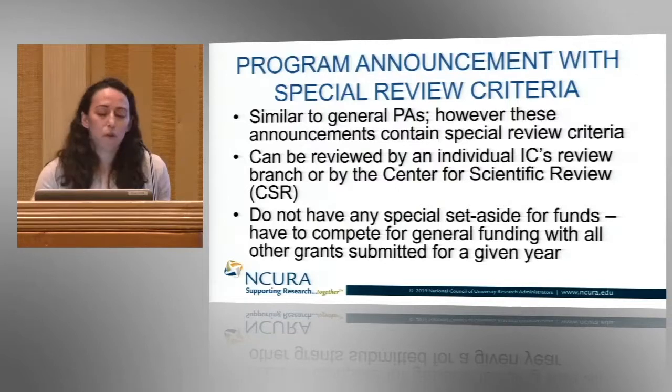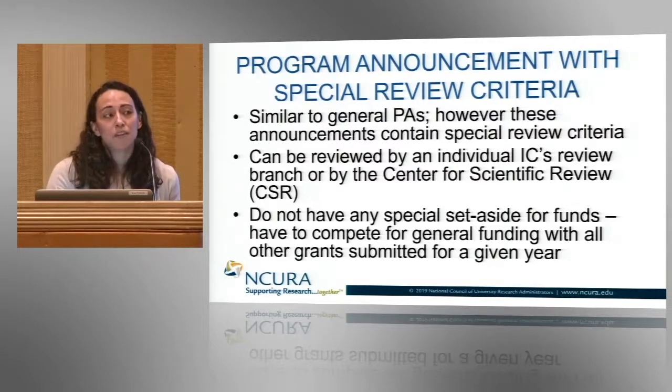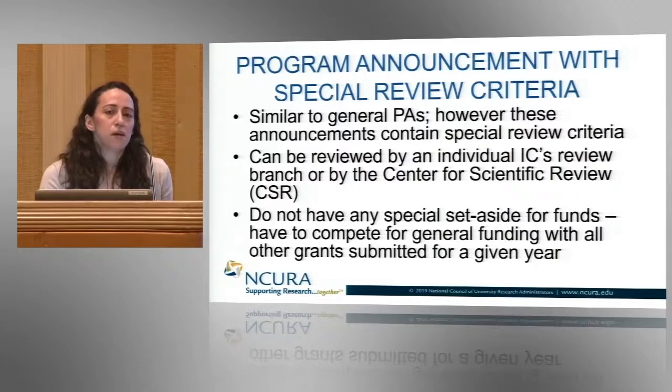And then we also have program announcements with special review criteria. So these are PARs. Like our program announcements, they are pretty general. However, these will often contain special review criteria. So they have some specifics that wouldn't normally be captured in a regular program announcement. For example, it might be a program that's targeted toward increasing diversity in training programs. And so they would have special review criteria for the diversity plan, recruitment diversity plan, to ensure that that's captured